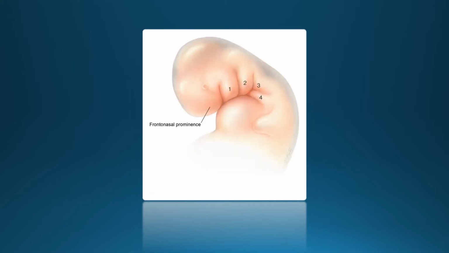Now first we'll see the frontonasal process and its formation. During the fourth week, around the stomatodeum, towards the cephalic end the forebrain vesicle is present, and towards the caudal end the mandibular arch is present. During the fifth week what will happen? The mesenchymal cells present in the caudal surface of the forebrain vesicle proliferate, and this proliferation is joined with the surface ectoderm and forms the frontonasal process.